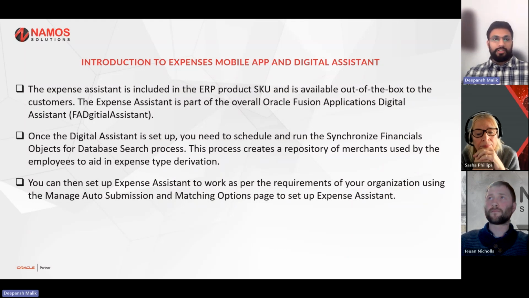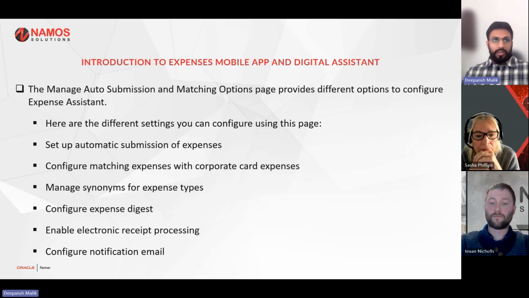Once you have your digital assistant set up, you need to schedule and run the synchronized financial objects for database search process. This process will create the repository of the merchants used by the employees to aid in expense type derivation. You can then set your Expense Assistant to work as per your requirements using the setup, manage auto submission and matching options page, and then it should work for you. So